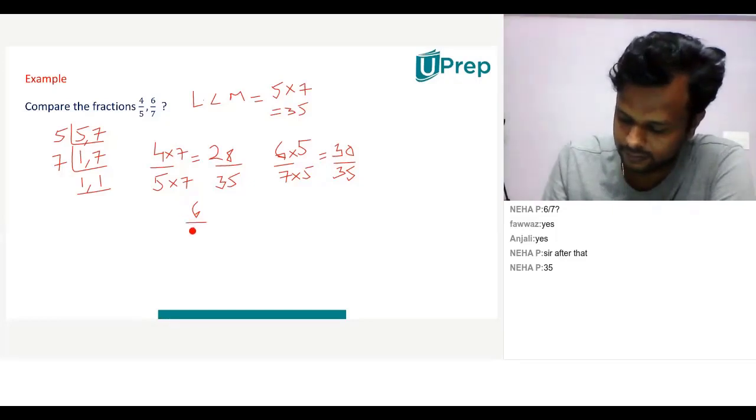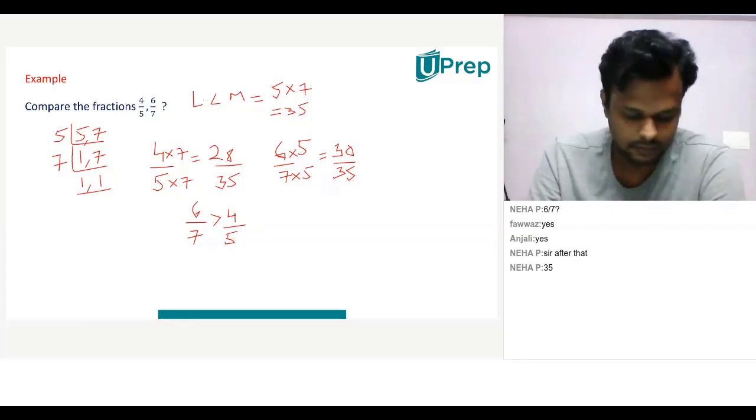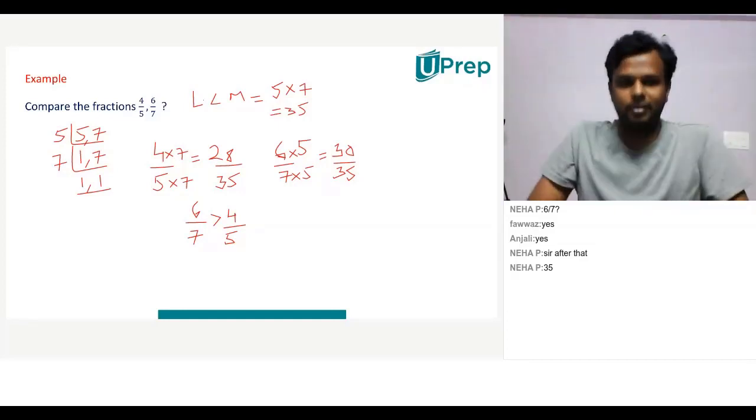Yeah, I got it, sir. I multiplied 8 with 4 instead of 7 with 7. Sir, I got the same method and also the same answer. Very good, very good. Children, you want to make a note of it, you can make a note of it. So this is how we compare fractions.